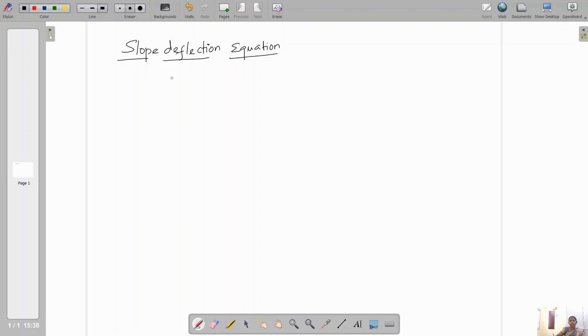Dear students, in this video we are going to derive the slope deflection equation. The slope deflection equation is used to analyze the indeterminate beams. The equation is very simple, but during the process of derivation we can understand many concepts. For that, first we have to assume an element of beam